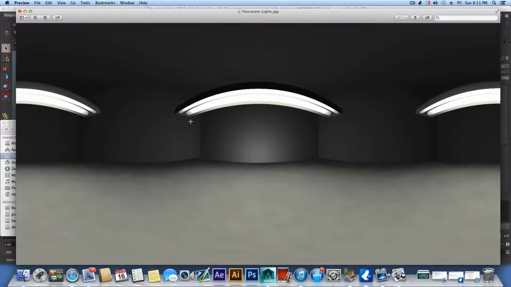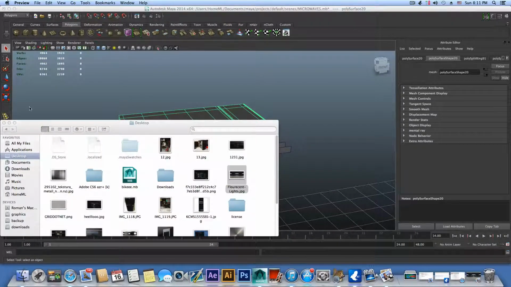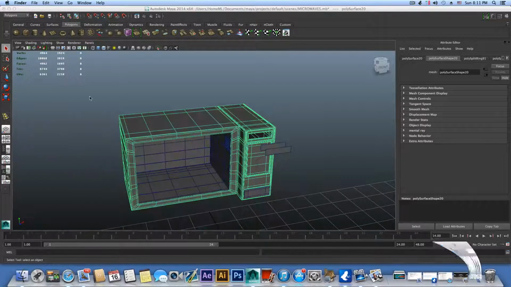So basically with this app, you can build your own custom HDRI pictures for using in Maya or any other 3D software. So you have this, and what we are going to do, we are going to create image-based lighting